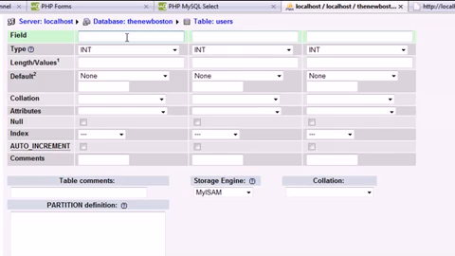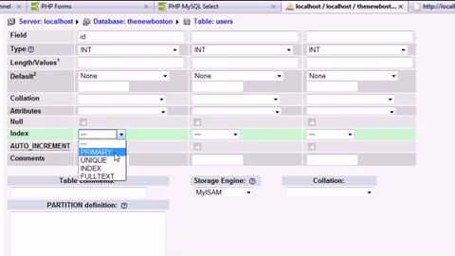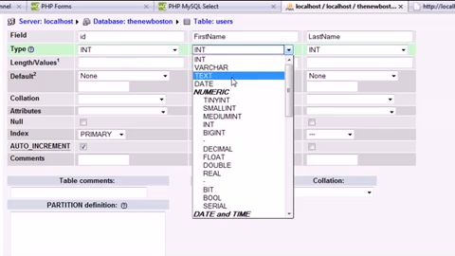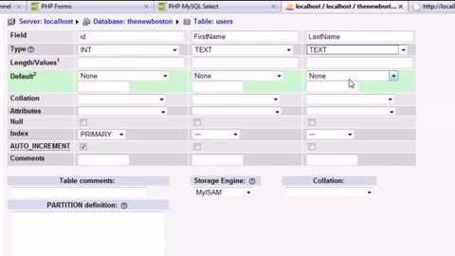So the first one we're going to call ID, and it's going to have a type of int, and it's going to be our primary key, and it's going to have auto increment. The next one we're going to say first name, just like that. And then last name, and for first name we're going to give it a type of text, and the same thing for last name. Go ahead and click go,